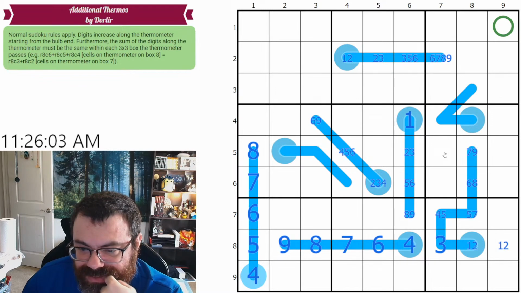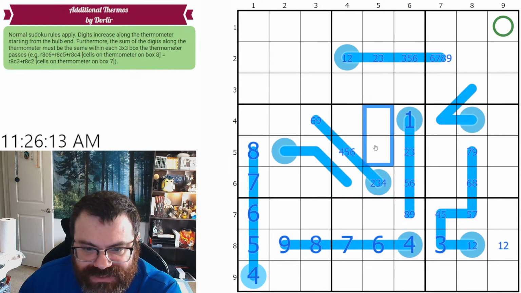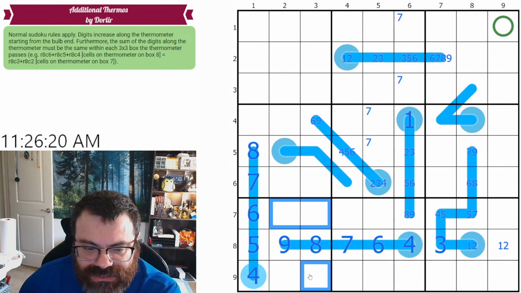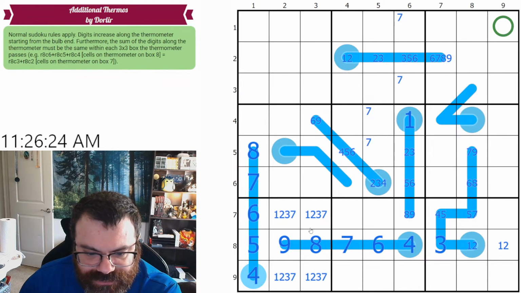All right, what else? It might just be Sudoku. 7 is here. 7 is here. This is a quad. Not that it's that helpful, but...